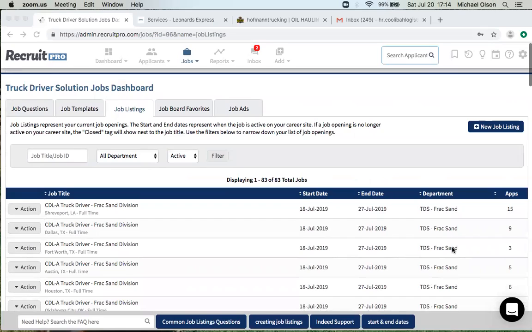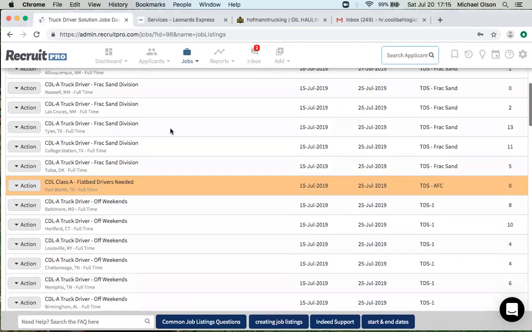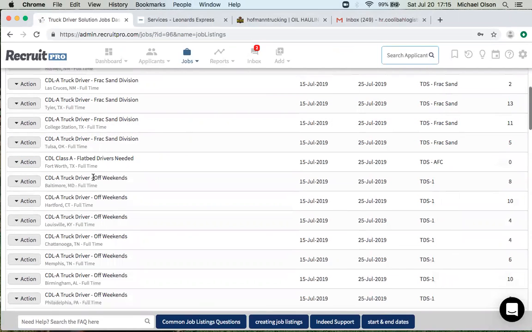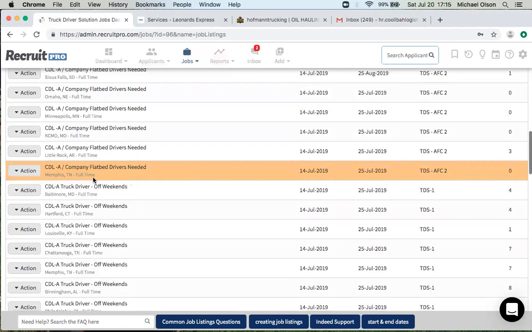And it's just that those ads, they're kind of maybe the same, but they're different as far as the description, right? You want the descriptions to always be different. And so like the description, for instance, for this CDLA truck driver frac sand division, I can have the same heading, and then you'll see how that goes. But if within the frac sand department, if I have different headings, this kind of gets confusing, right? So I do different. So if we go down here,